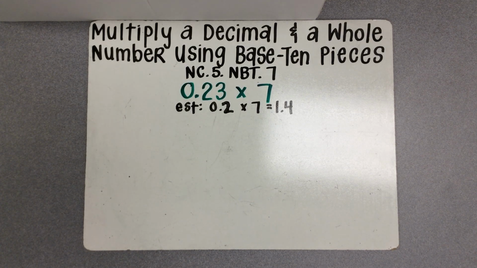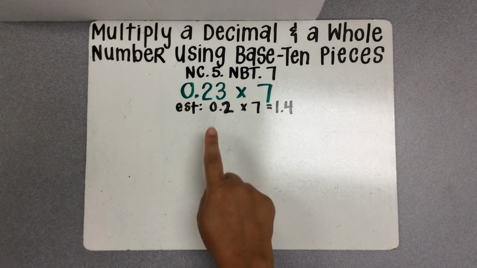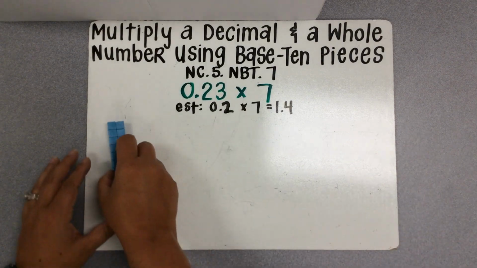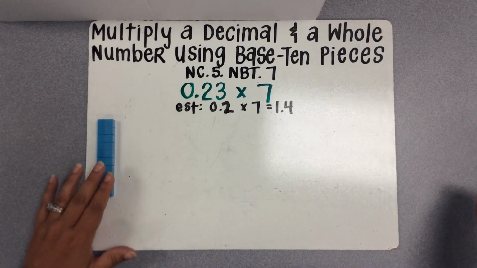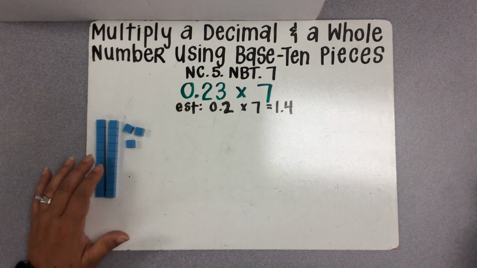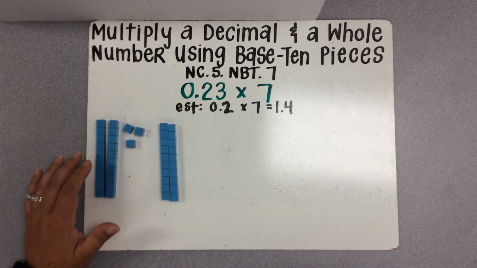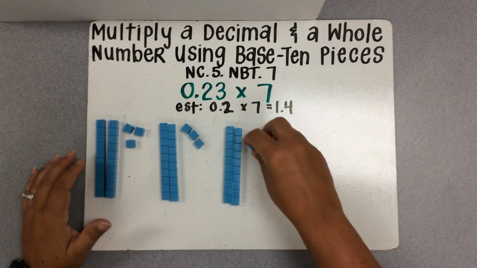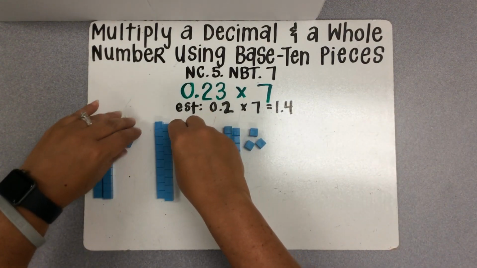Now, to begin to solve, the first thing that we'll want to do, we know that this expression 23 hundredths times 7 means that we have 7 groups of 23 hundredths. So we'll go ahead and show that first. So we'll need 23 hundredths 7 times, so 2 tenths and 3 hundredths. So that's 2 groups, 3 groups,